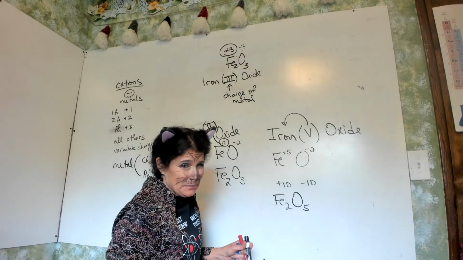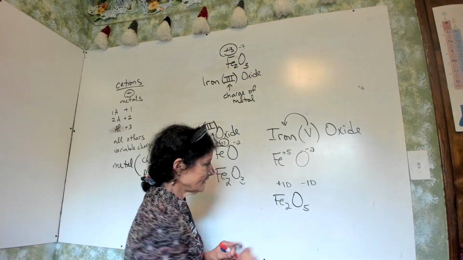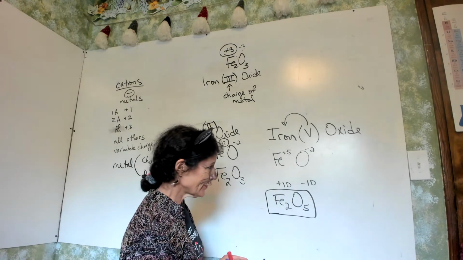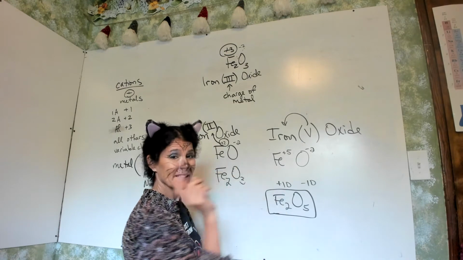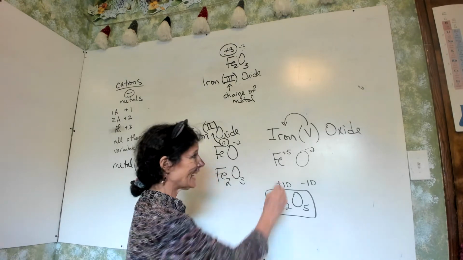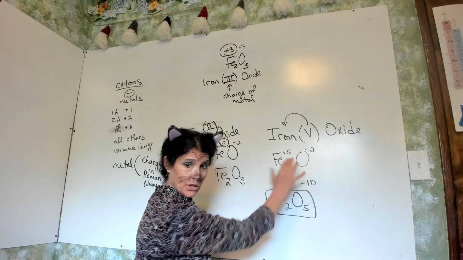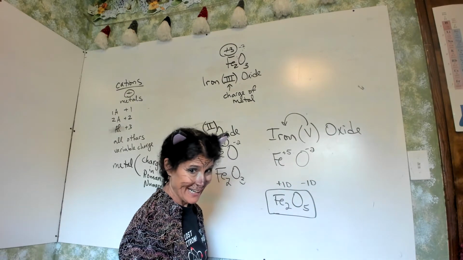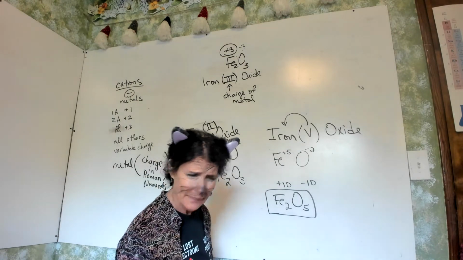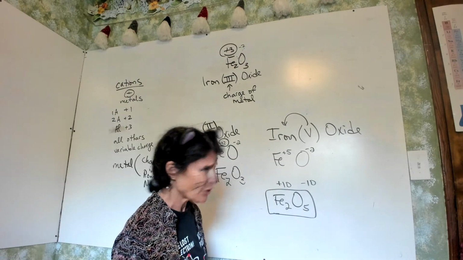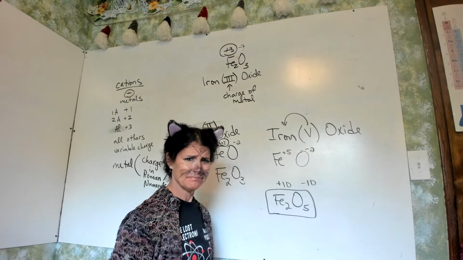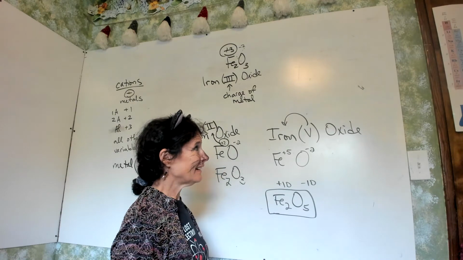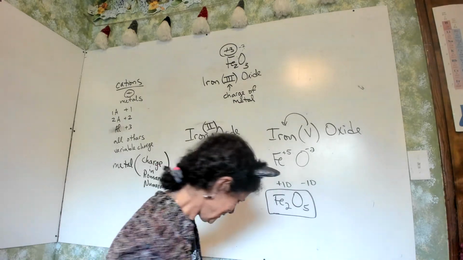So I can look like a smart kitty. All right, and there's our final answer. There's no charge in our final answer. That is why on the first 2 pages of the lab, I make you write down your charges, your ions, and then put it together. And then you have to do it without that. But I might change the lab and make you show me all your charges, all your ions, so that we can see. So maybe that's what I'll do when I get done with this. All right, we're going to mix it up. Yeah, you're going to do some practice.